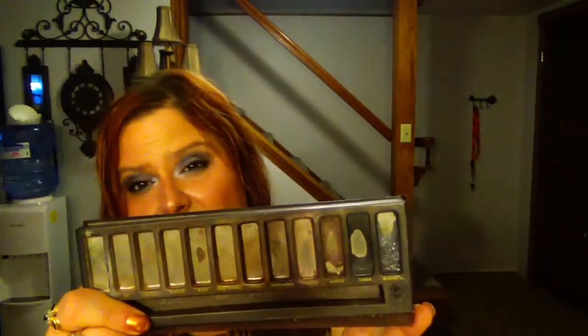I'm going to talk about the Urban Decay Naked palette. Now, if you guys have been following me, this is what I have left right here. Obviously I am pre-filming this, so hopefully there is another shadow gone in this, considering I have 3 left. This was my first high-end palette. In fact, this was my first palette that I had, and